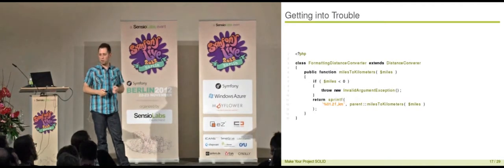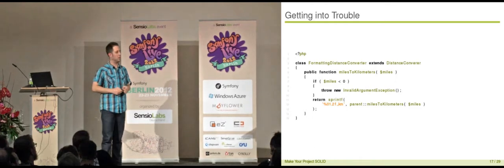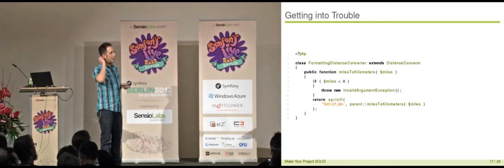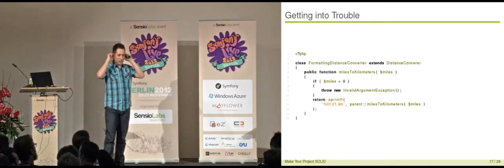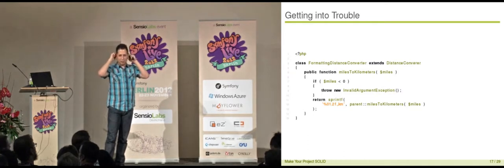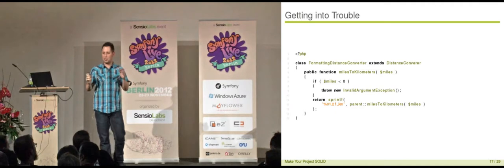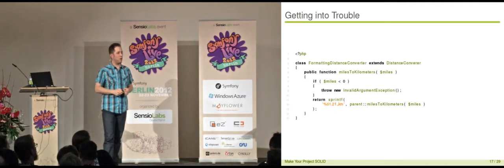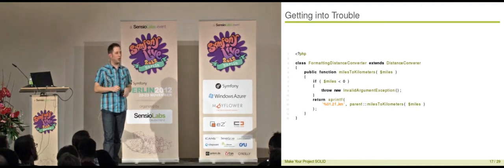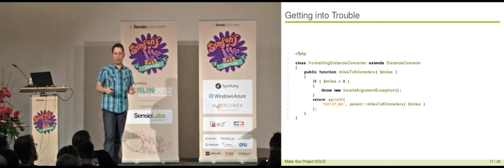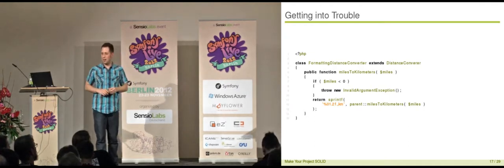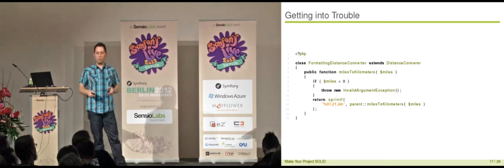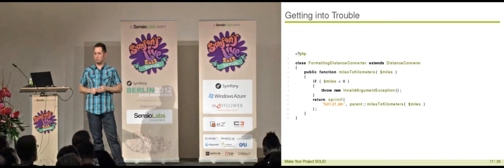Right? We don't want to touch the code, so we extend the existing class. And what the extension does, it first adds some error checks. So if it retrieves a negative distance, that is complete nonsense. There exists no negative distance, so we throw an invalid argument exception. And we fix the thing we originally wanted to fix. It does not return a float anymore. Instead, it formats the float nicely using the system locale, so it's already in the customer's language formatting, and returns a nice string. What's the problem here?